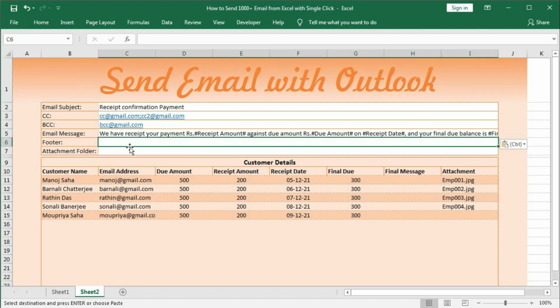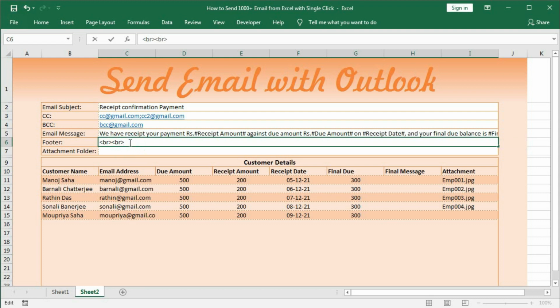So for footer we can use here br, then br. So you have used the br within angle brackets, so this is the code for HTML. So by using this we can create a new line. Here we are creating two new lines after the message.